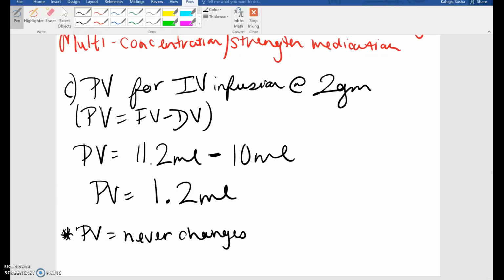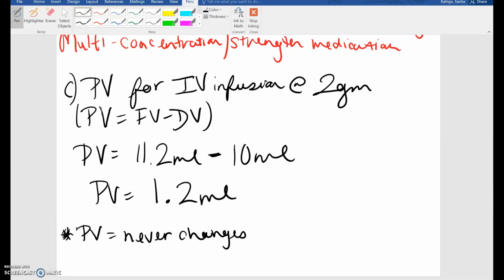But if you look at the label at the very top, it tells you that it's 1 gram. So that means you need 2 vials to equal 2 grams. So if I was to use the powder volume for intramuscular usage and intravenous infusion at 1 gram, the powder volume, as you can see, the answer is 0.6